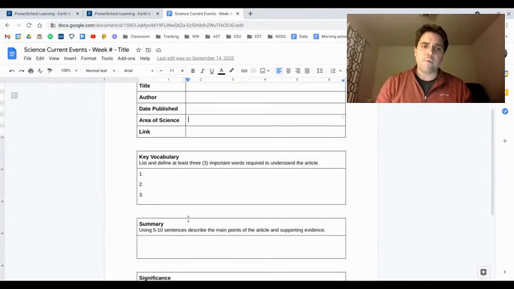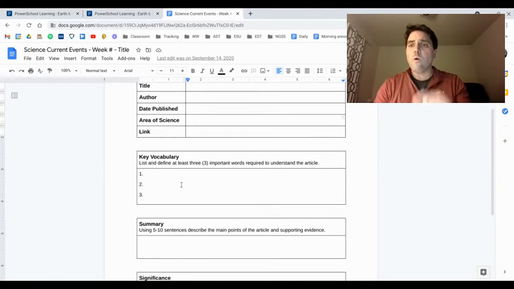One of the other areas that people are struggling is with this vocabulary, and this is one of the biggest things people do wrong. You copy and paste definitions that are meaningless. Or forget to define your words. List and define. You need definitions in here. If I just see a list of 3 words, not good enough, guys. You have to put the definition in there. Define the words in your words.